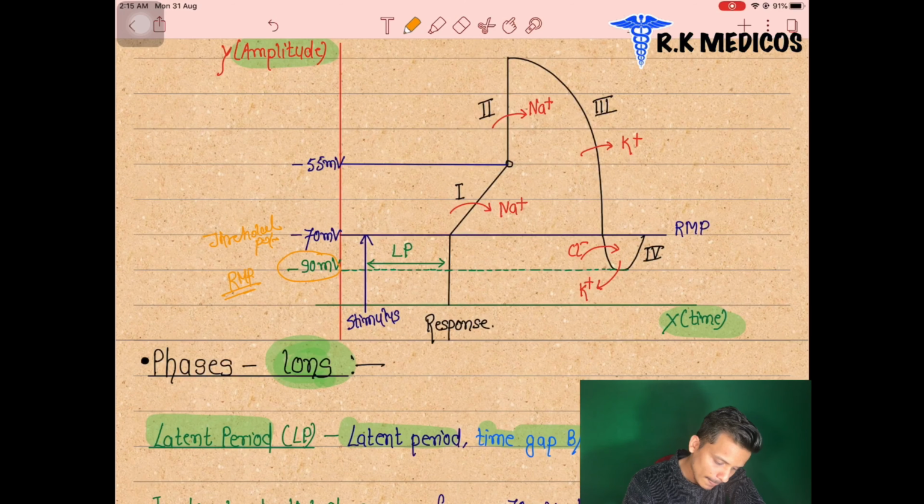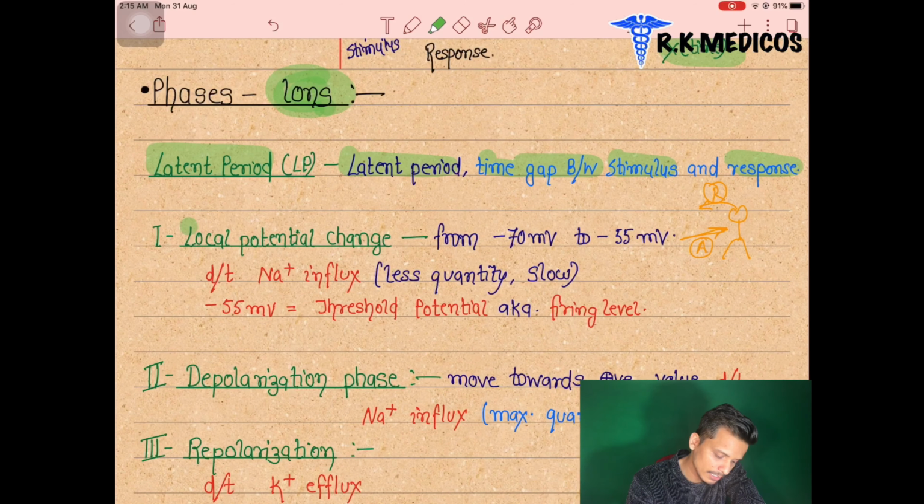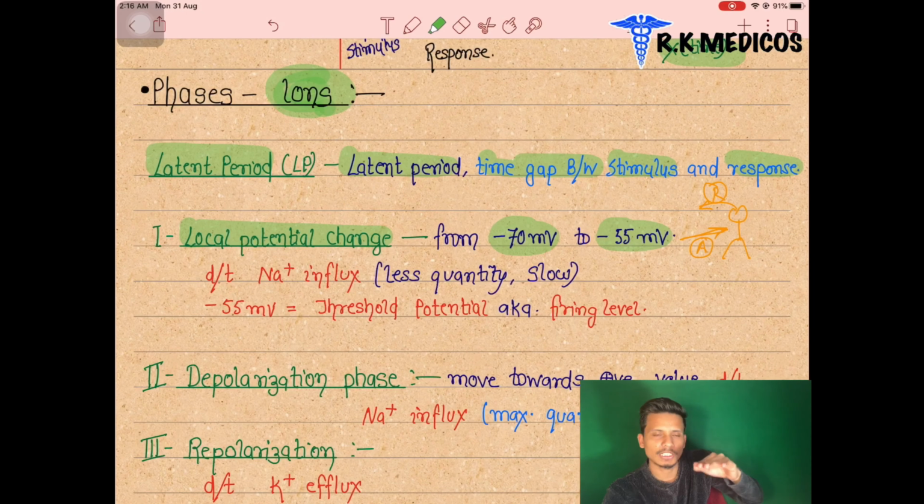What is the latent period here? You can see there is minus 90 millivolt or minus 70 millivolt. We provide the stimulus, and this stimulus takes some time, and after that it will fire, meaning they show the response. When the first phase starts, that is called local potential change. It is the movement from minus 70 millivolt to minus 55 millivolt of the charges inside the cell,